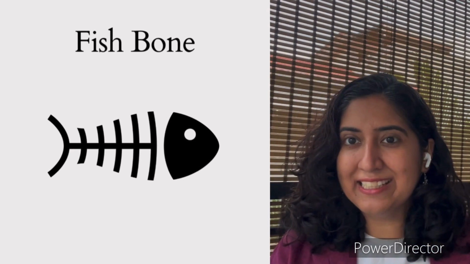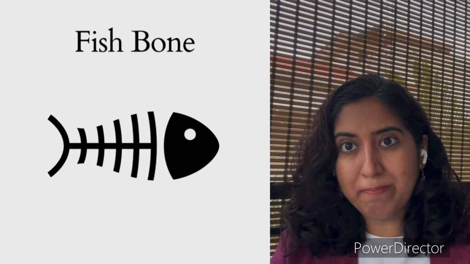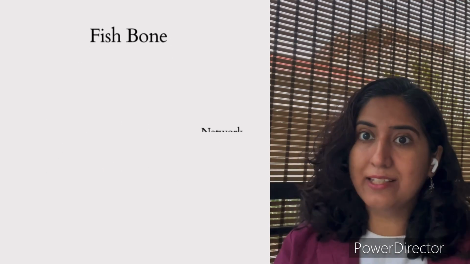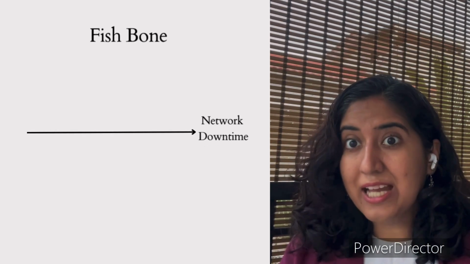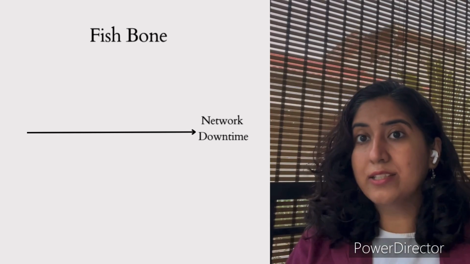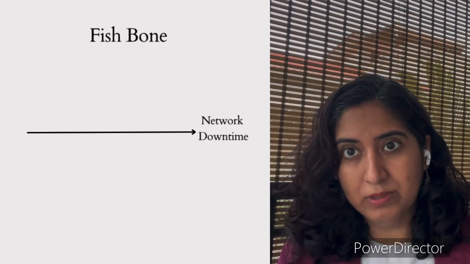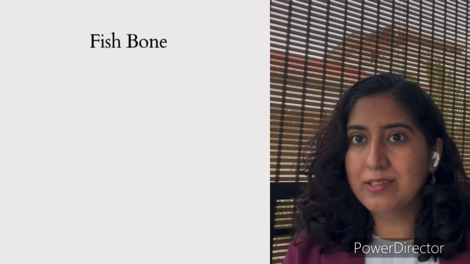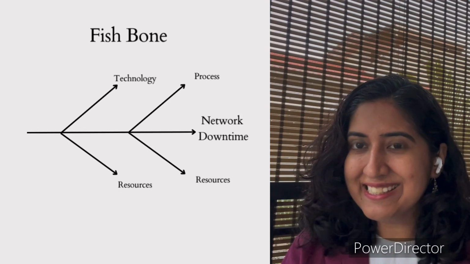It is called like that because it looks like skeleton of a fish. First step, you draw the backbone and you write the problem statement at the end of it. In this case, it is recurring network downtime. Then you sit down with your team and you brainstorm on what are the 4 or 5 probable causes of this particular problem. If there are no causes then you can put down some generic headers like process, people, policies,